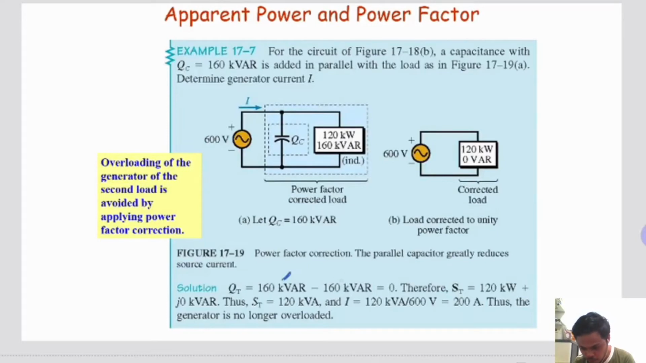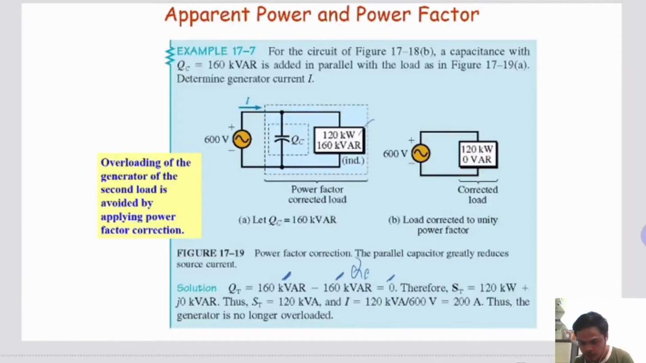has also 160 kVAR. So we have to subtract the reactive power of the capacitor from the total reactive power, since this is inductive. So it will now become 0. So our total real power is